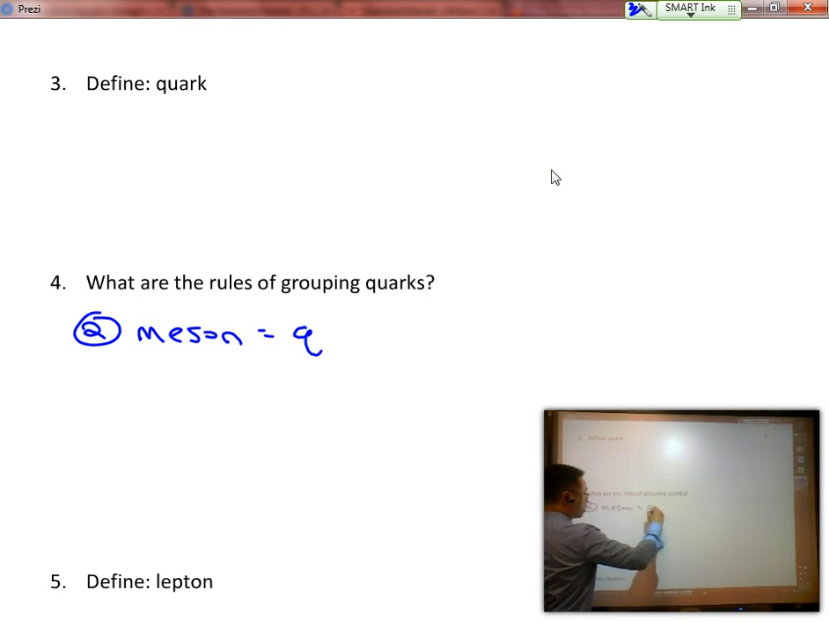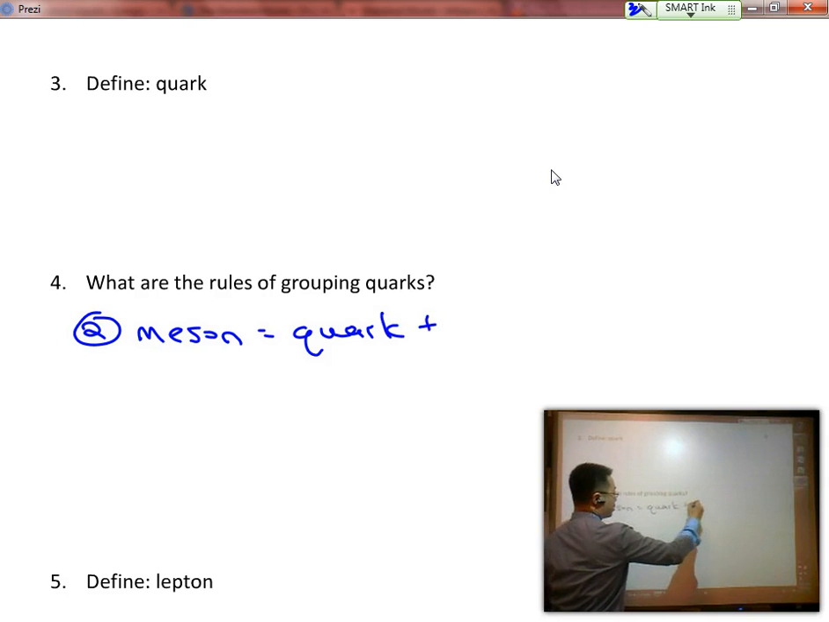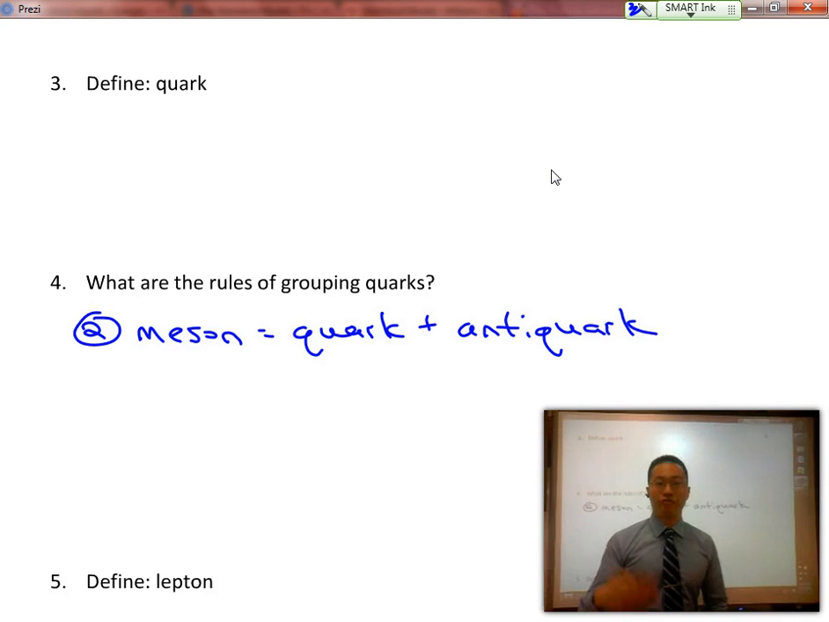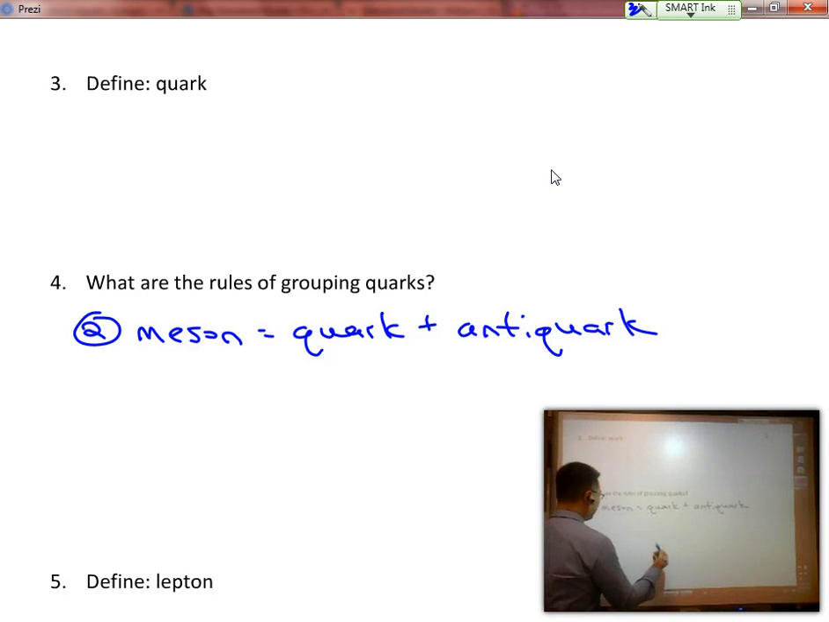Which is a quark with an antiquark. Now, normally, of course, it's very unstable to put matter with antimatter, but we're not putting matter with its exact opposite. For example, a pion,